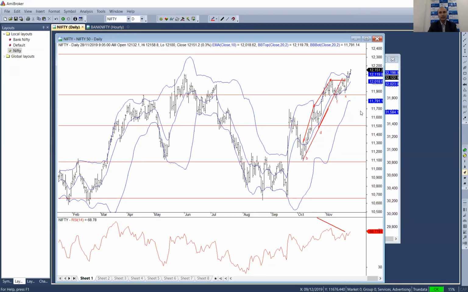Unless that happens, I know on the upside the Gann square of 9 level of 12,320 is what I should be aiming for. But does it mean it's going to be achieved? I don't know. Markets will decide, and I'm going to just follow a trailing stop method to keep riding my profits so that it continues. That is what I do, and that is how I track the market. So this is what I wanted to share.